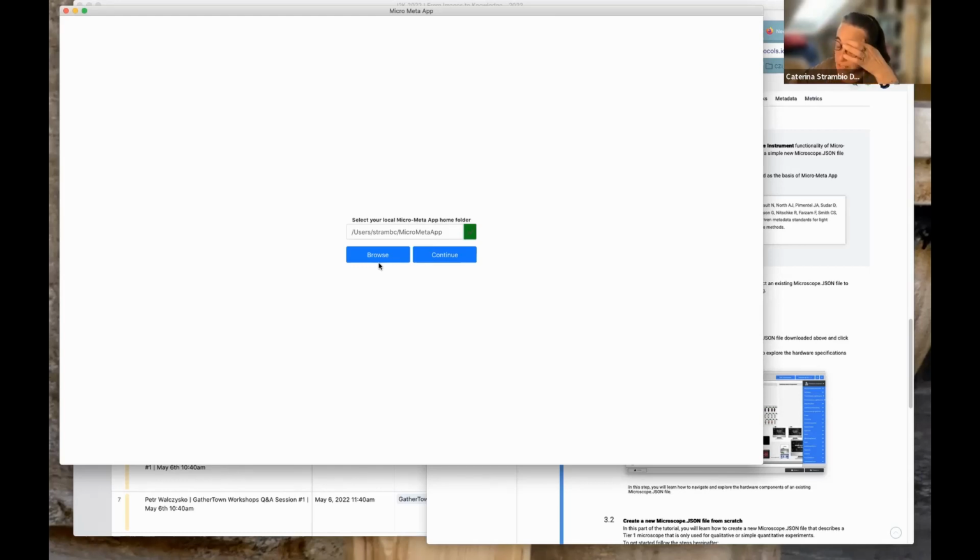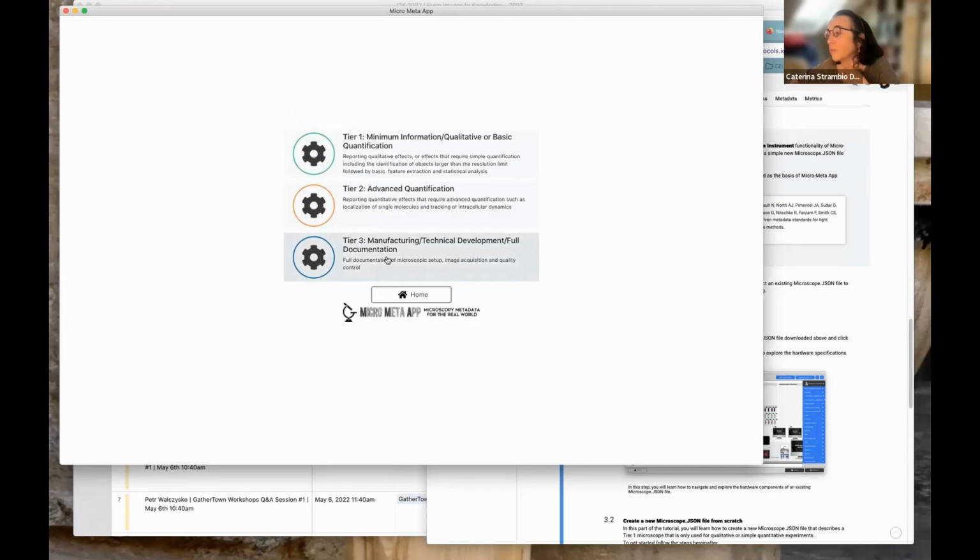The home folder is basically your repository for your own Microscope.JSON files and Settings.JSON files. So whenever in the app we're talking about repositories, that's what we're talking about if it's a standalone. It's basically going to be a folder on your computer in which you store all the output of Micro-Meta App. So if we continue here, we then